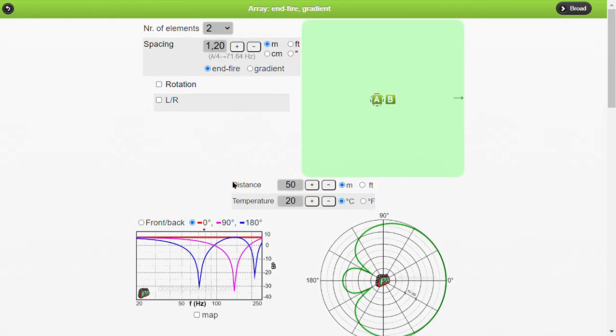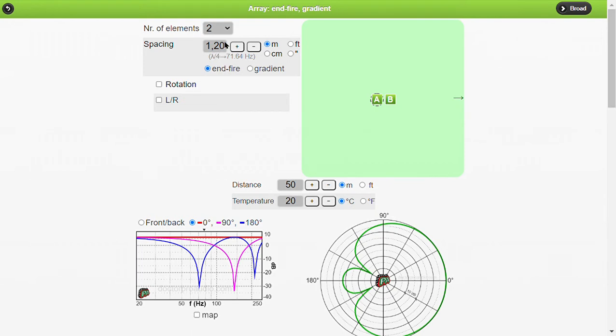That's because if we are here in the back of the array, we have two sources of delay, one being the physical separation and one being an electronic delay. If we are on this side, we just have the electronic delay, not the physical separation. Therefore, this notch happens here at a frequency that's twice as high.